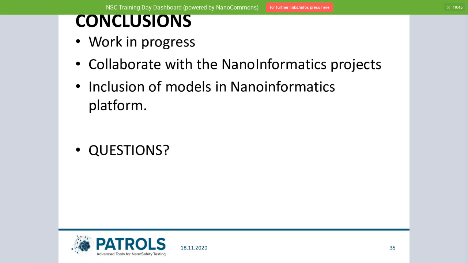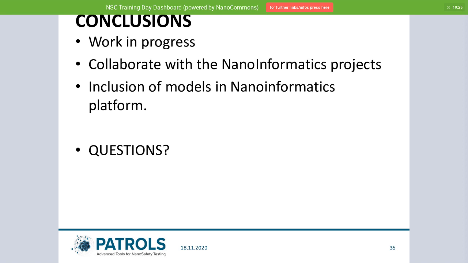So I think that gives you a very brief overview of the types of models that we have and how useful they are for the different parts of the nanosafety approach that you are studying.